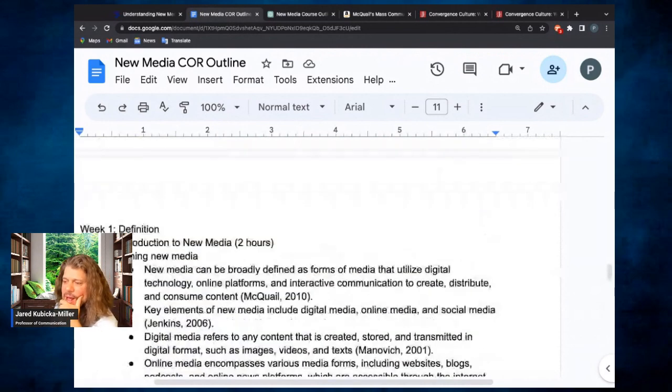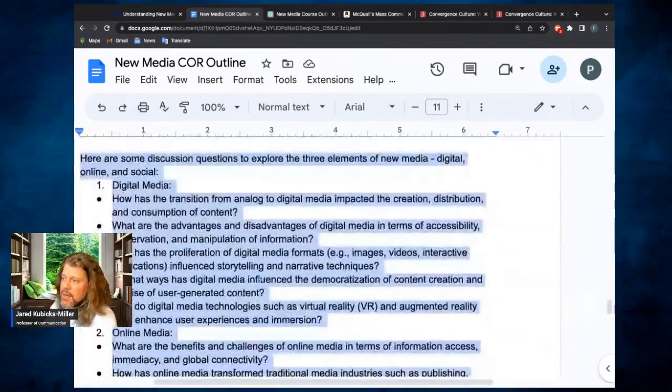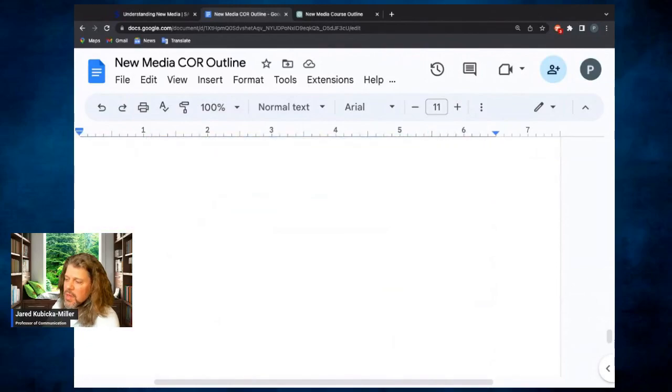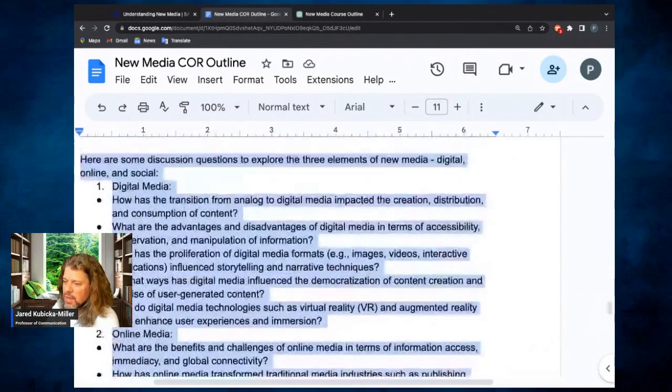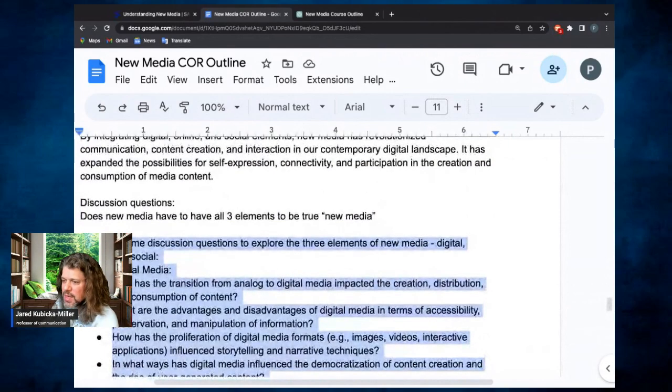week. So in class one, you cover the syllabus, but also, all right, what are we talking about? What is new media? What I like doing is Kahoot. Well, the discussion questions aren't good for Kahoot. I wonder if there are ways that people can submit discussion questions. I want to look that up when I'm not on here.